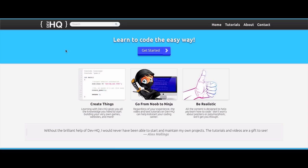So, as I've said, if you're familiar with the site, everything's looking a little bit different. One of the major changes you may have noticed is that there's no longer a forum link in the navigation bar up here, and that is because the community wasn't really there, so the forums have gone for now. They may come back in the future, perhaps when DHQ is a little bit more popular, but for now they're not present. We just have home, which is this page here, we have tutorials, and then about and contact, which are